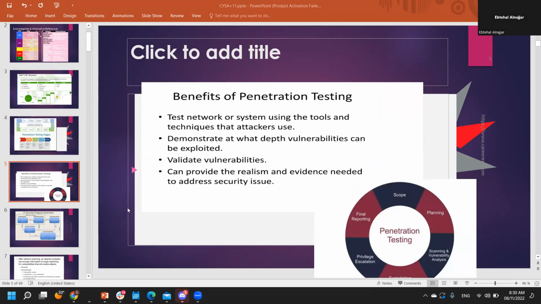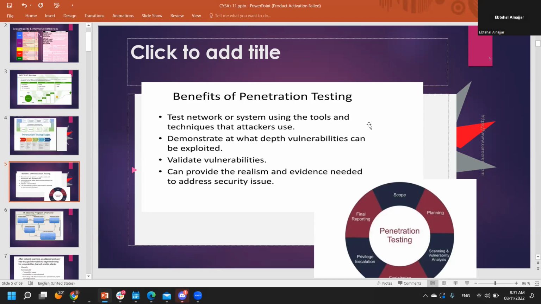If everything is clear, I will just give myself one minute to remind you of the benefits of penetration testing before we start our lecture today about vulnerabilities. But before this, I will give Lina the chance to go ahead. So the benefits of penetration testing, again, is to test a network or system using the tools and techniques that attackers use. This will give you the ability to find out about your weaknesses before the bad guys do. So it's evaluating your application, your systems, your network, and trying to identify these vulnerabilities before